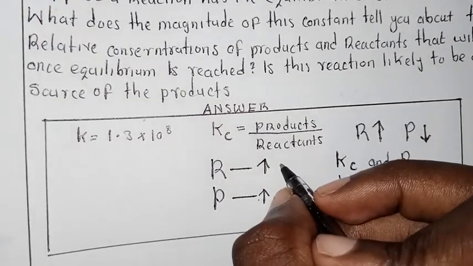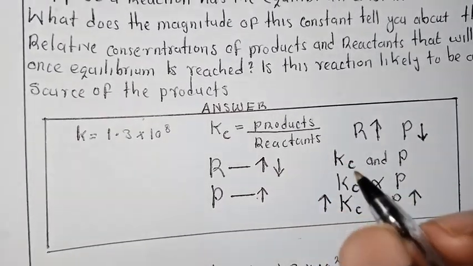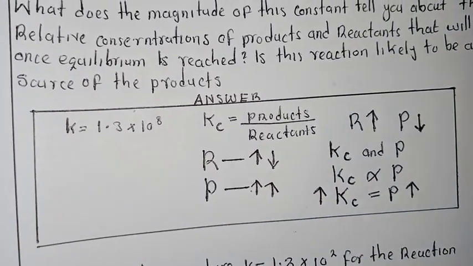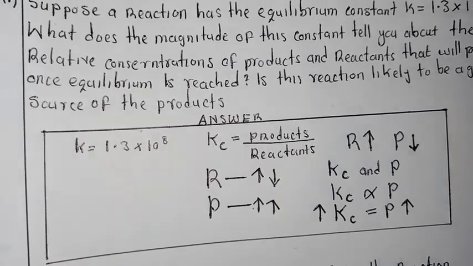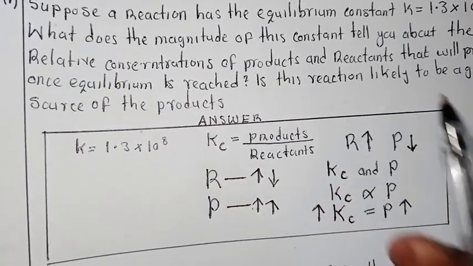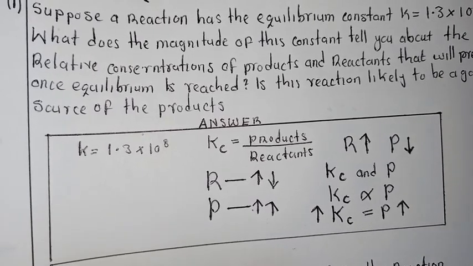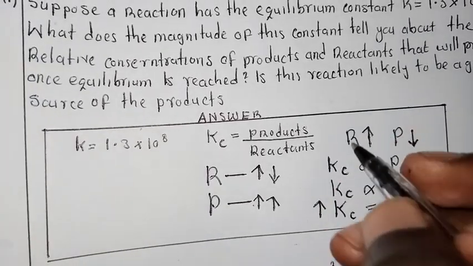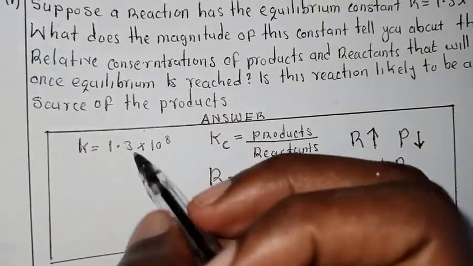So we are going to have less reactants on the left hand side of the equation, and much more products on the right side of the equation. So to answer this question, what does the magnitude of this constant tell you? The magnitude of this constant about the concentration simply tells us that we have much more products and less reactants for us to produce this